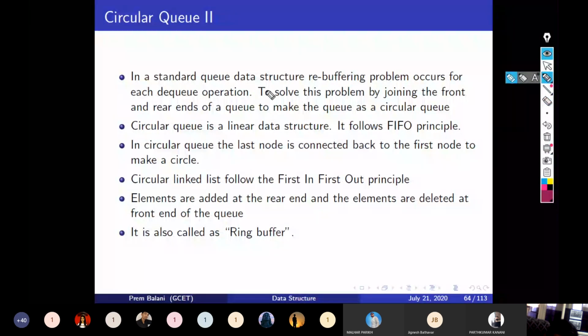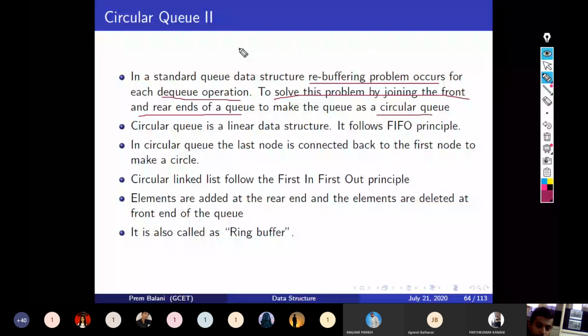In a standard queue data structure, the rebuffering problem is the big problem after each DQ operation. So to solve this problem, we join the front and rear ends of a queue to make it a circular queue.